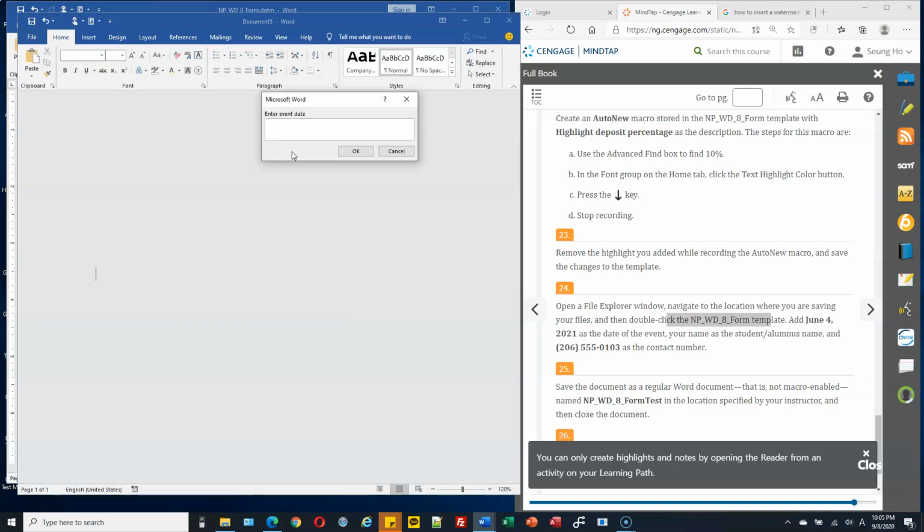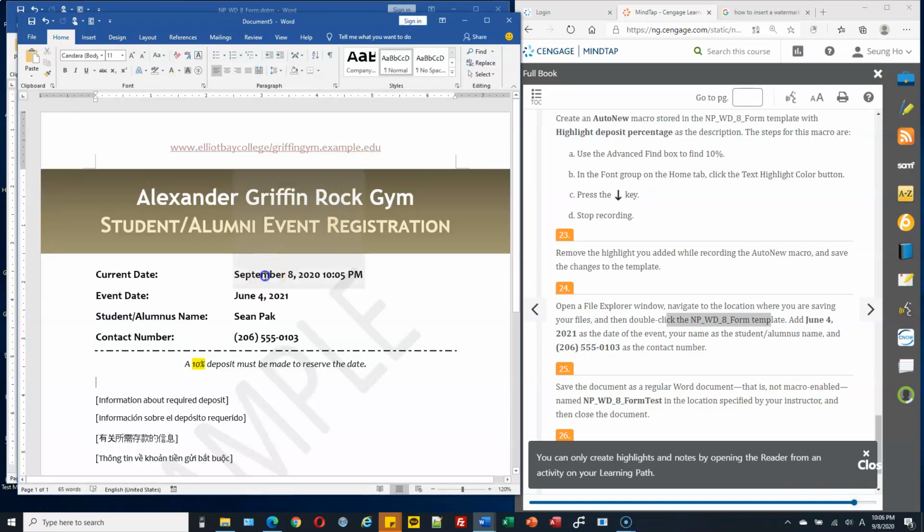Do you remember we inserted some fill-in fields? The first one is enter the event date, so type June 4th, 2021. Next one is enter student name, so type your name, enter, and then the contact number 206 555 0103. So all the information is filled in like this.